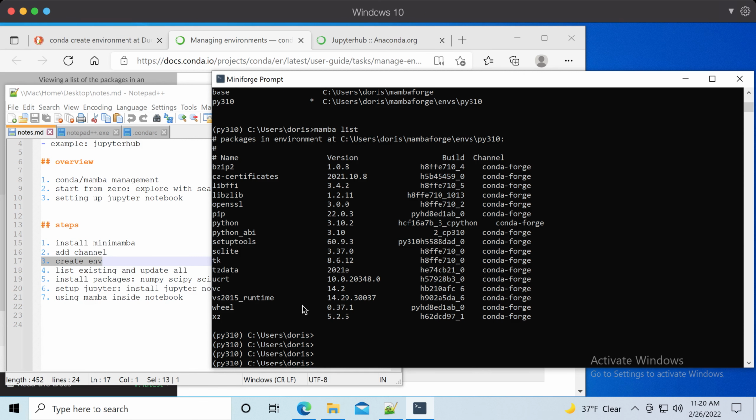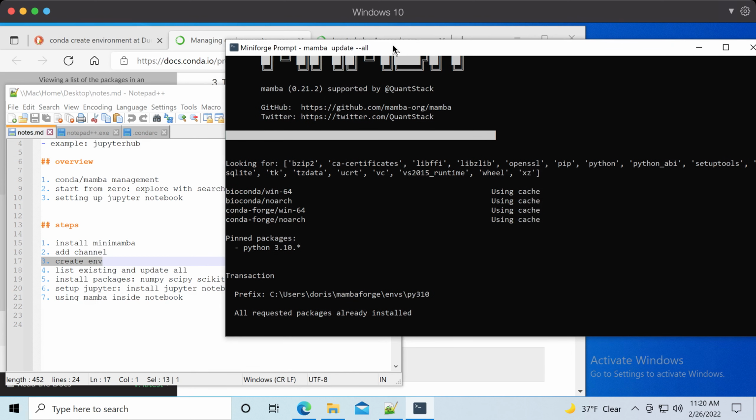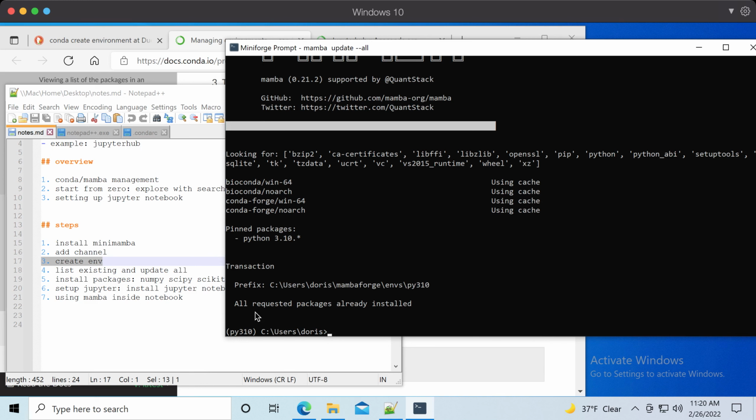This is not available with pip. So this is quite convenient for mamba and conda. So we just type mamba update --all. So it tells you that every package is already